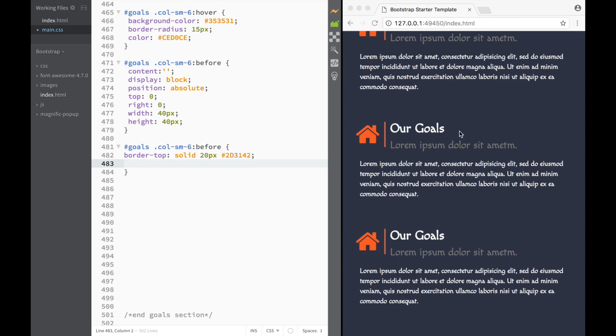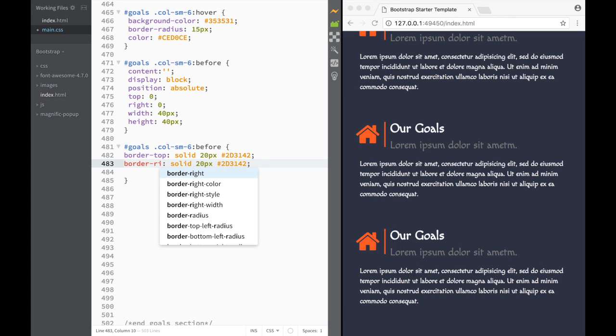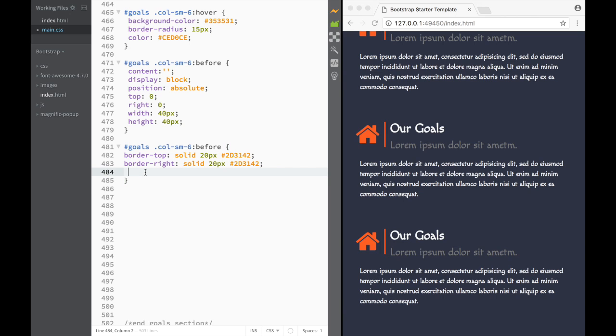So we cannot see it. So border top and border right are going to be exactly the same. So here I'm just going to copy this, and over here I'm just going to say right, and it's also going to be the same. However, if we go border left